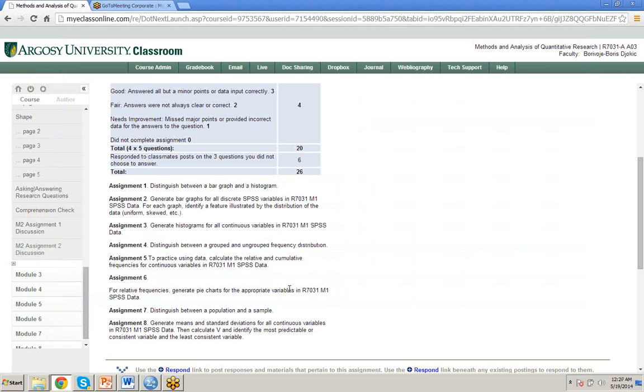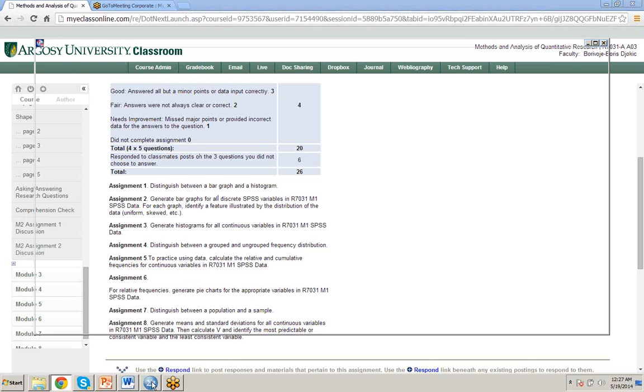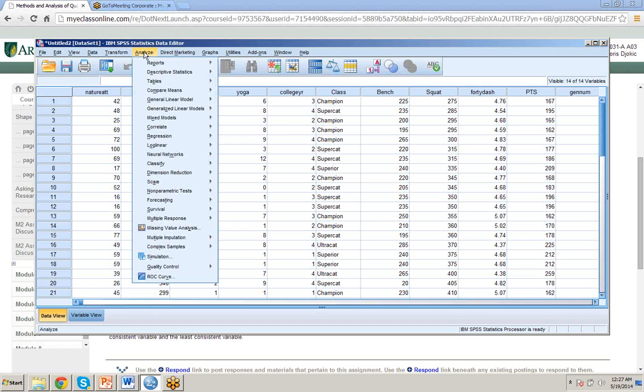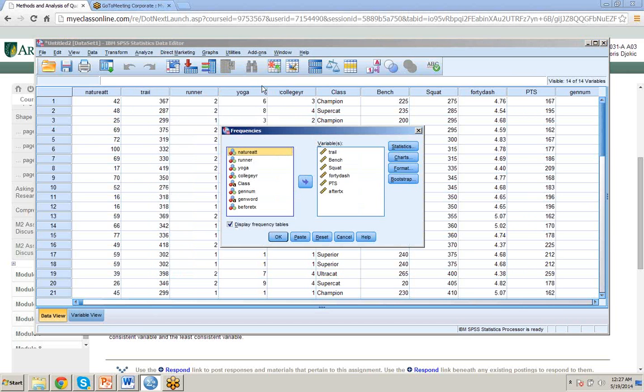Distinguish the group and non-group frequency distribution. This is also a theoretical question. However, you can also look at this with help from SPSS. If we go analyze, descriptive stats, and we go frequencies,